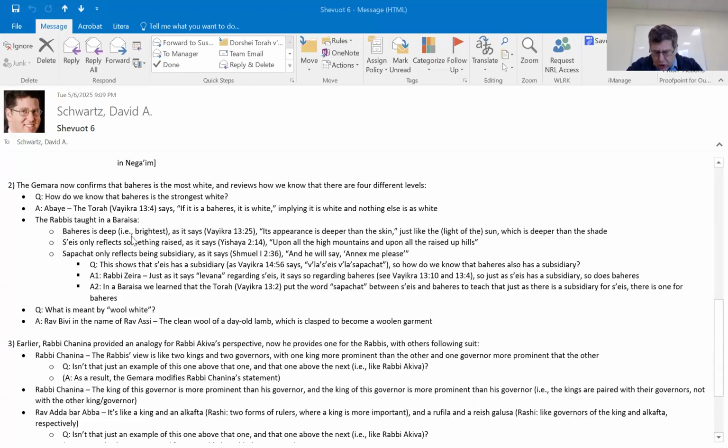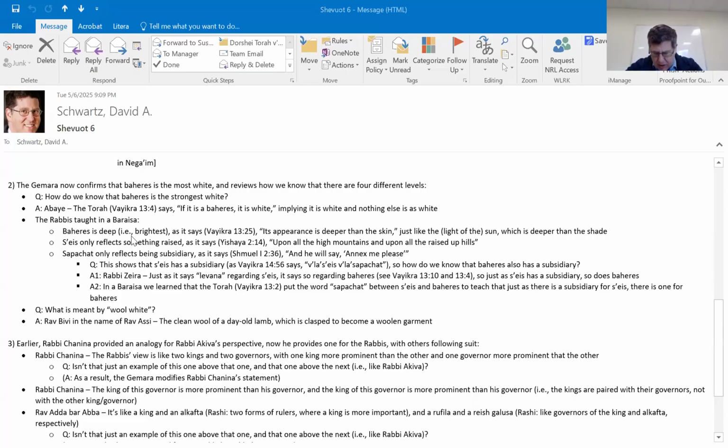This refers to the white, clean wool of a day-old lamb that immediately upon its birth, having been cleaned off by its mother, has its wool fastened so that it can no longer get dirty, and that way